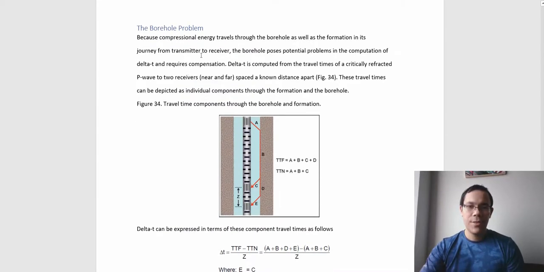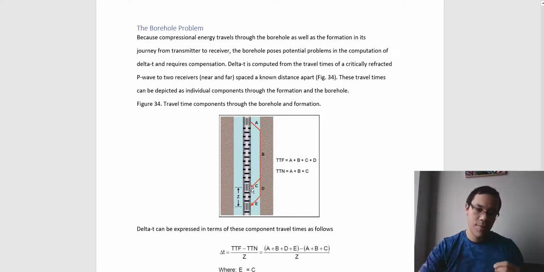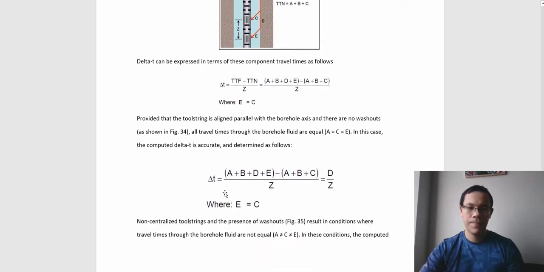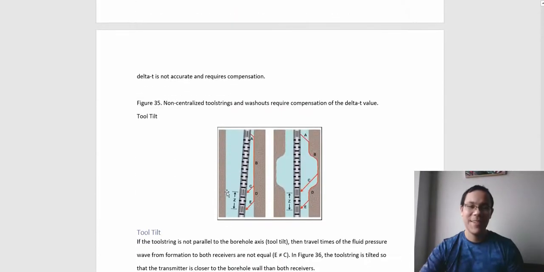An important thing to cover here is the wellbore problem in acoustic tools. This is the ideal scenario. This is how things should go. The transmitter emits the wave, which will travel through the wellbore fluid, then be critically refracted through the formation and go back into the receiver. And the sum of these vectors will give you your delta T. But what happens if you have a phenomenon called tool tilt, where you can have a washout, and that